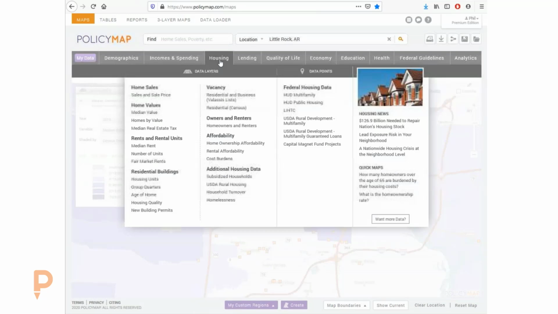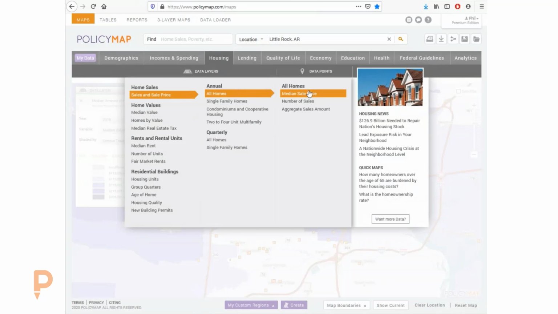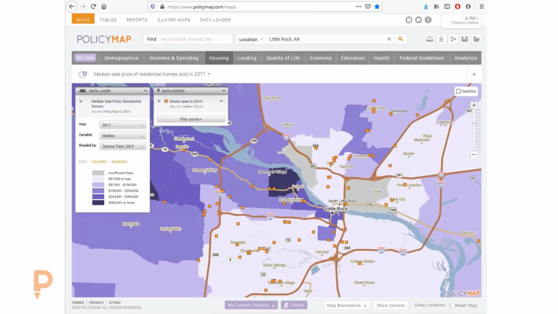Another data set is home sale data. So this is from Zillow. Zillow actually records every home sale transaction in the US, just like the home sale tool that realtors use. And the difference was that Zillow wanted to be able to take that data because they only had it at the address level, and they probably had a data team that could aggregate that data and show it at geographies